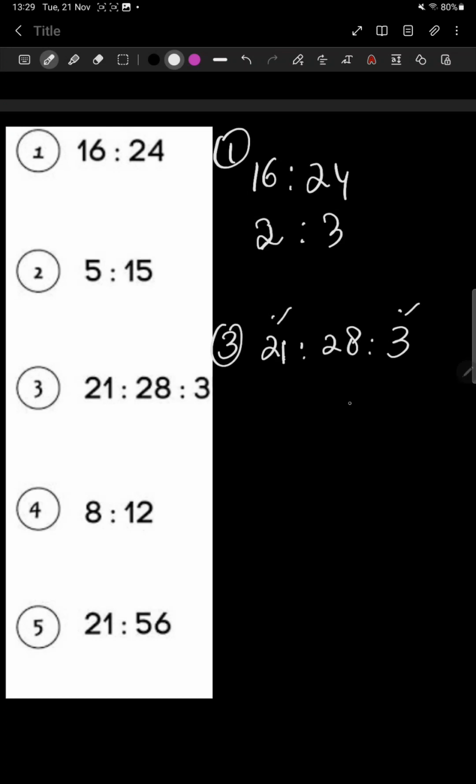So we need to simplify by the same common factor all the given ratios in one question. So at the same time the ratios given must be simplified by the same number. So this is already in the simplified form. We cannot reduce it further. For example, question number 5,